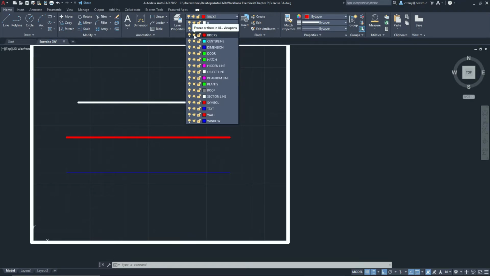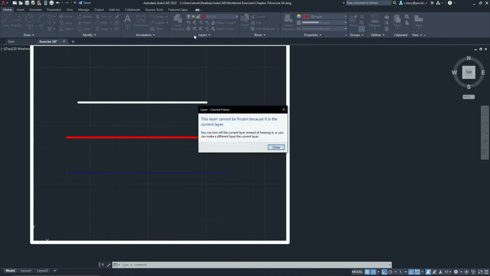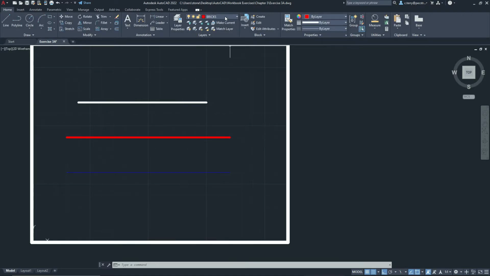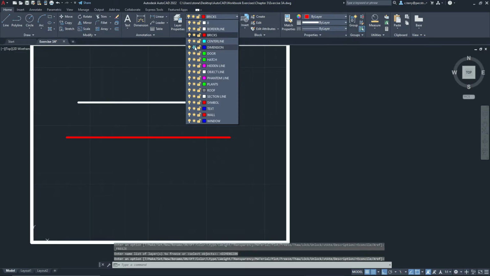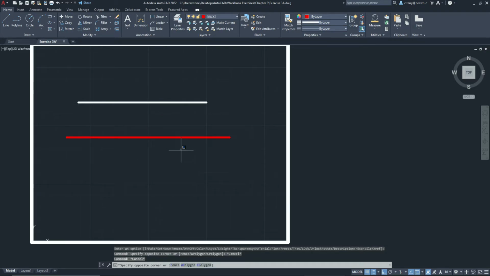Freeze or thaw is this little sun right here. So if I say freeze, whoops, sorry, you can't freeze the current layer. Let's freeze the dimension layer. Okay, so it went from a sun to a snowflake, which means it's frozen. Frozen layer means that it's very similar to on and off, but it's not visible, and it can't be edited